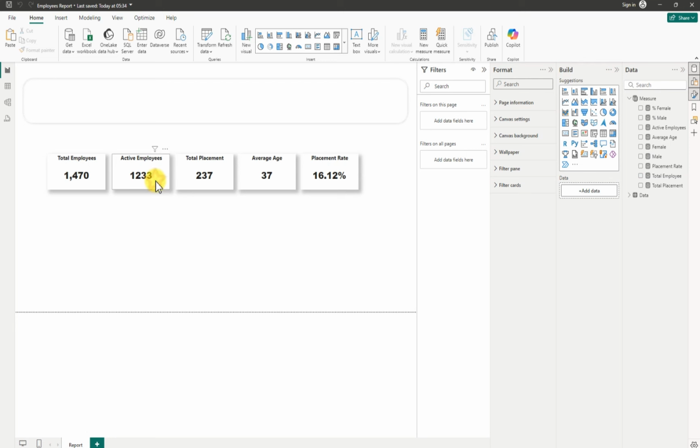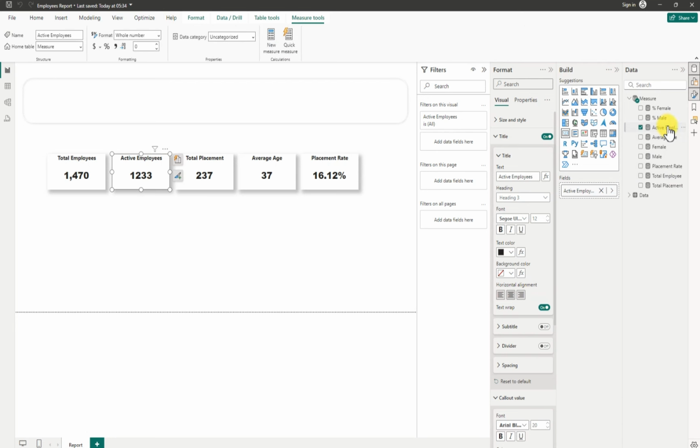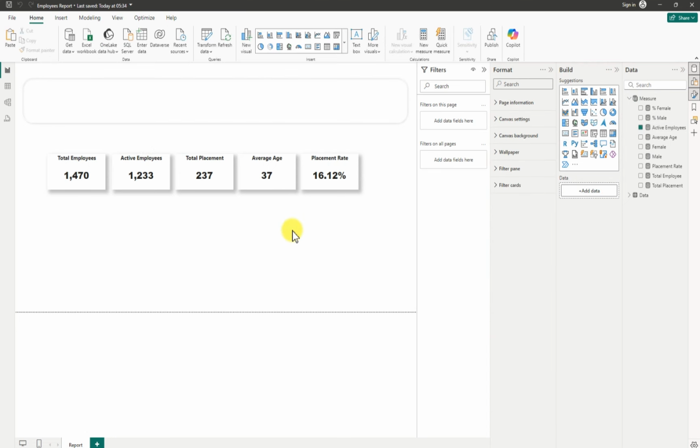Then we'll go back to this as well. Then we'll go to active employee. Then we're going to do the same thing. So we have everything perfectly done. And we're going to click out of it. Now we are going to group